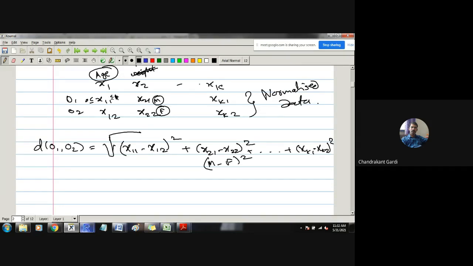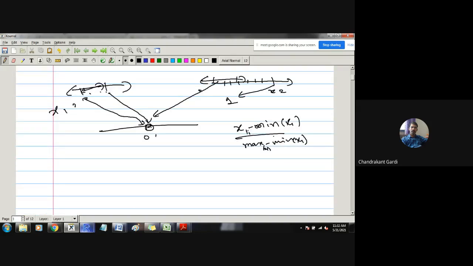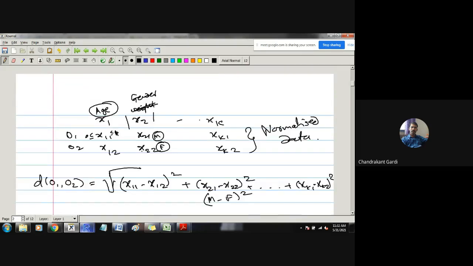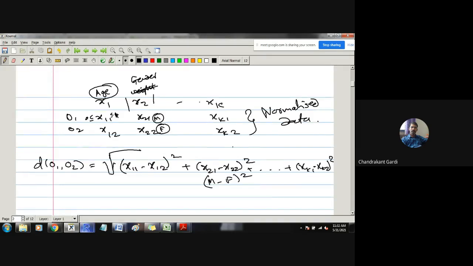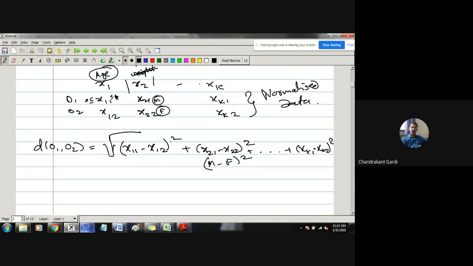Once we have done that, now forget about this x2. On the gender column we cannot apply min-max normalization, because that demands the minimum value in the column and the maximum value in the column. If the column is the gender column, we cannot come up with a minimum and maximum, therefore we will not apply normalization on this column. Other numeric variables will be normalized using the min-max algorithm, and we will come up with this normalized data. Now, this (x11 minus x12) bracket square.